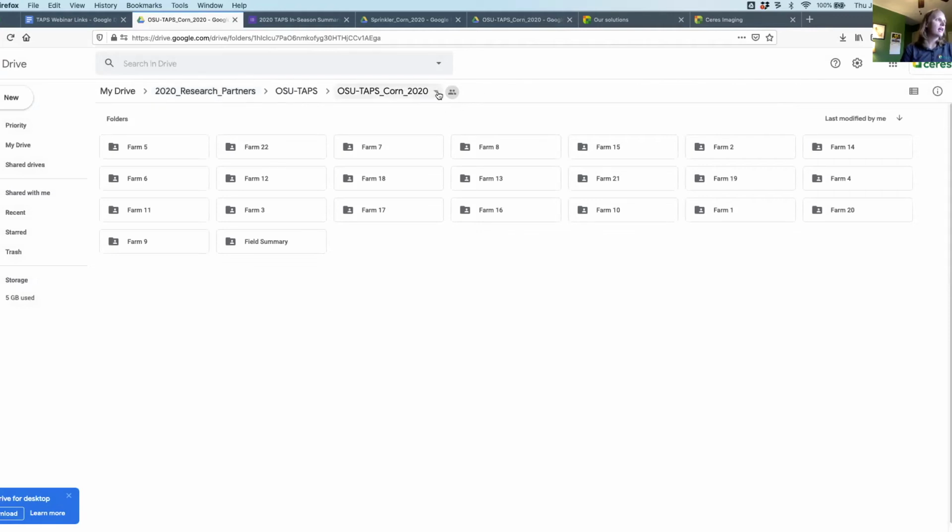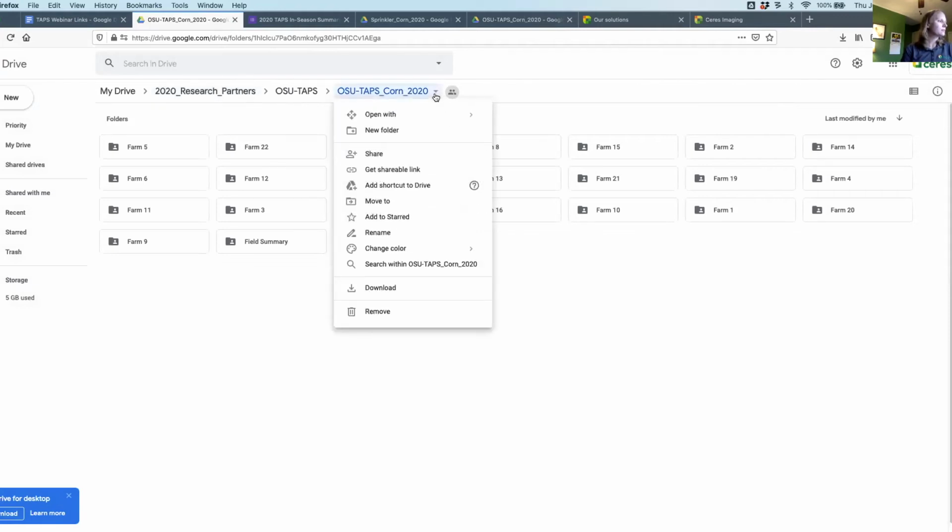And you would download that just by pulling down this last menu bar, either for the OSU TAPS corn or for whichever competition your team is participating in, and click that download button. I actually really prefer looking at these files on my computer, so I'll show you some of these summaries from my download